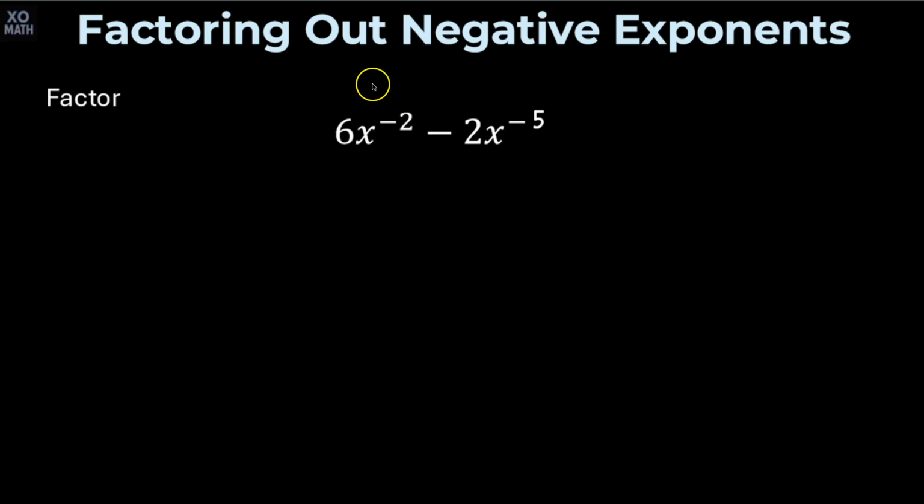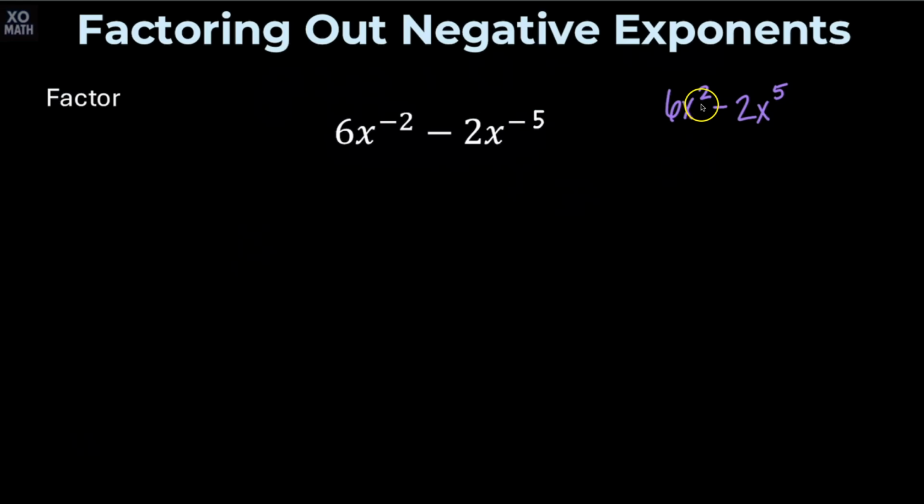Let's practice factoring out negative exponents. Let's say we're asked to factor 6x to the negative 2 minus 2x to the negative 5. Often students pause when there's negative exponents and get a little bit confused. Let's take a minute to make them positive exponents, make sure we really understand what we're doing when they're positive exponents, and then take that understanding back to dealing